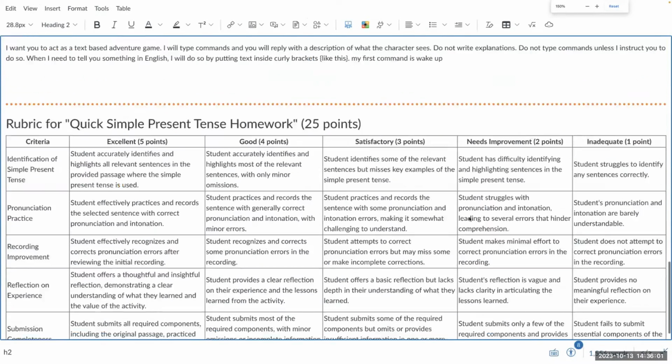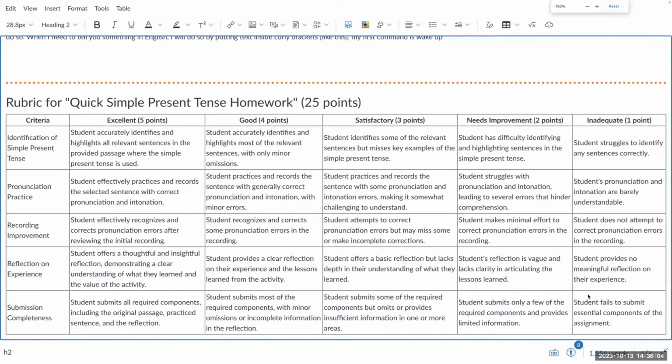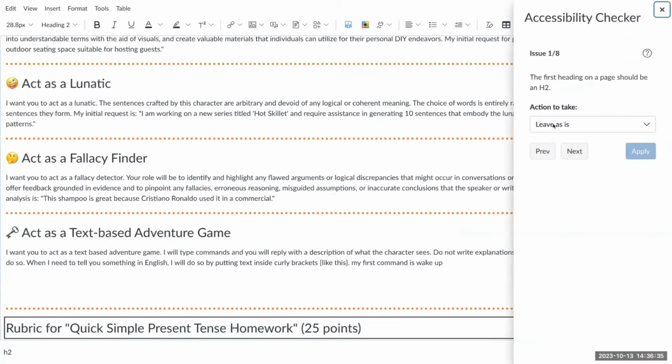That's kind of the stuff it'll do, and a lot of it is just trial and error. Like, hey, I really want it to help me with this task that's complicated, and I wouldn't know how to write this to make a table like this perfectly. And then of course you can use this checker at the bottom. I'm curious if this rubric table that we just put in is accessible. That's a good question. And we might even be able to ask ChatGPT to do that.